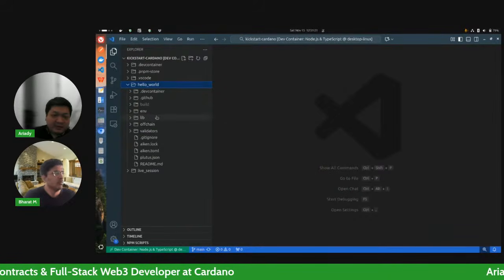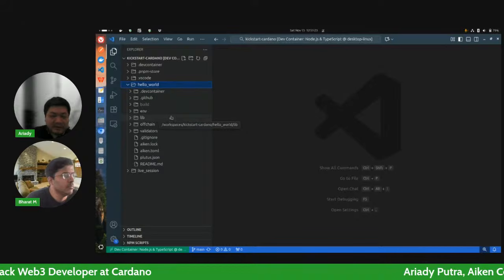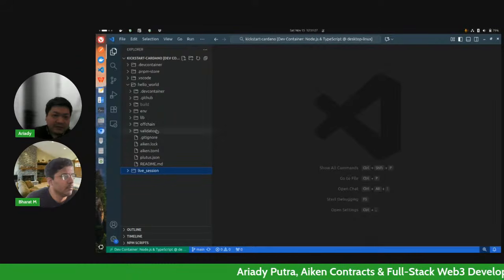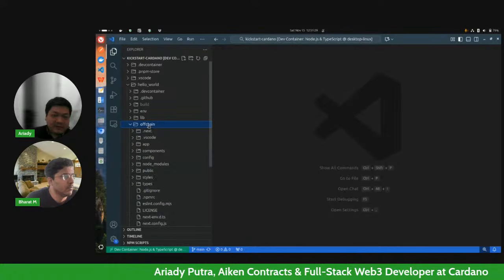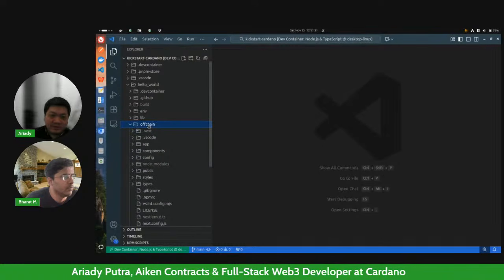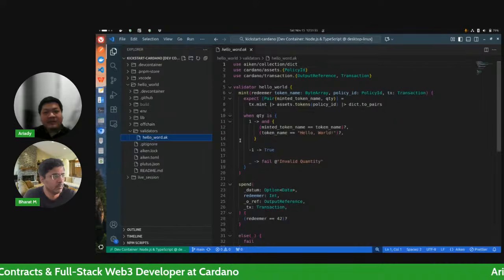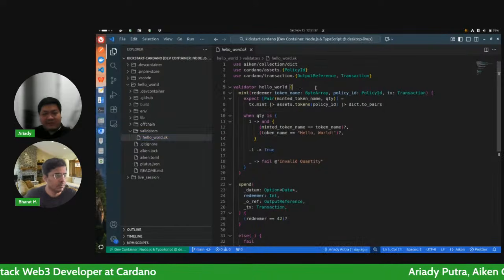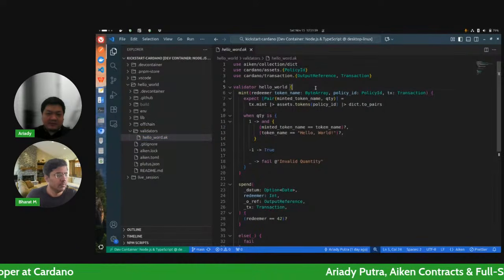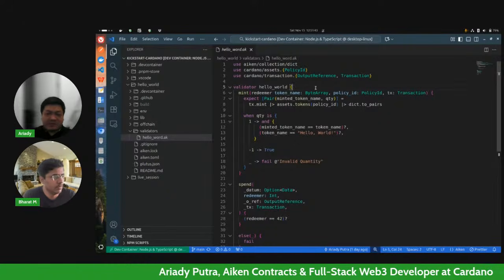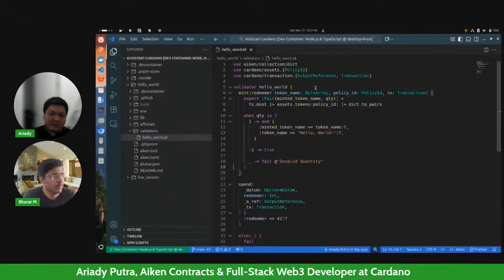It's a kind of similar structure to what we have created, but there is an off-chain here. This is a front end which we will use to interact with the smart contract that we've already created. It's a dummy smart contract. It doesn't really do anything meaningful, but don't worry if this looks overwhelming at the moment.